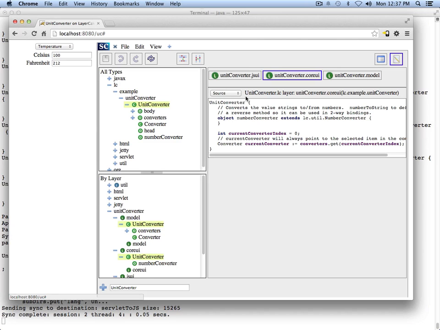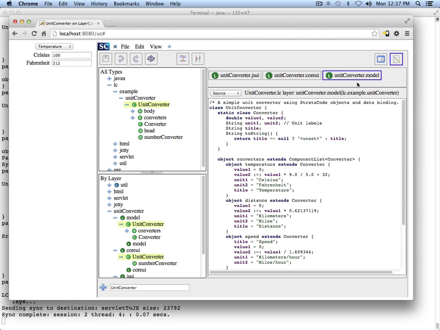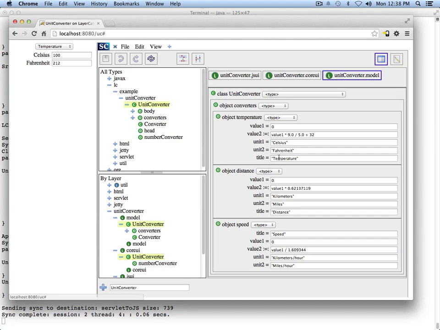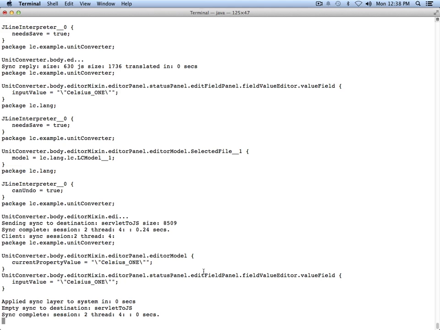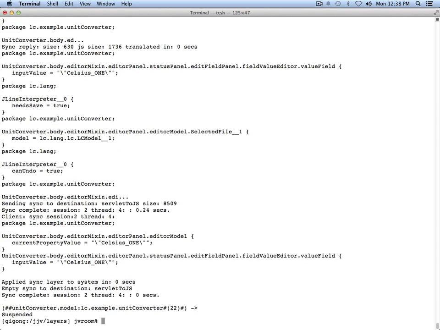Let's look at what it's like to modify the StrataCode application with this live programming. So here I'm going to go and update the label, and you see it updates very quickly. It actually is going to the server and patching the JavaScript to do all that. I can update the formulas as well, but let's just do something a little more extreme and go to the